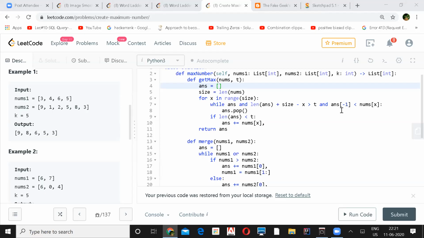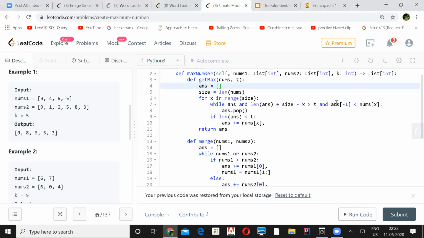But as soon as the size of nums along with the index you are going through is equal to your k, you are sure that you are short of elements now. You are not able to make the k value, and therefore you just append everything you have. You don't have any choice at that time, because otherwise you won't be able to form the greatest number. So that is very important, and therefore this condition is more important in that case.